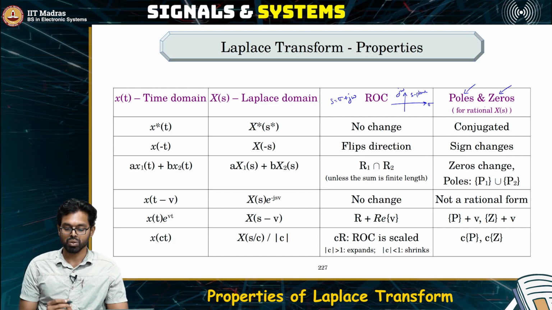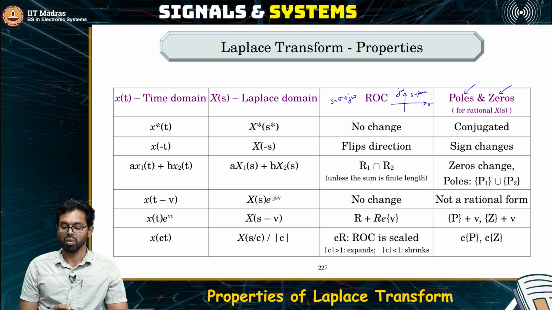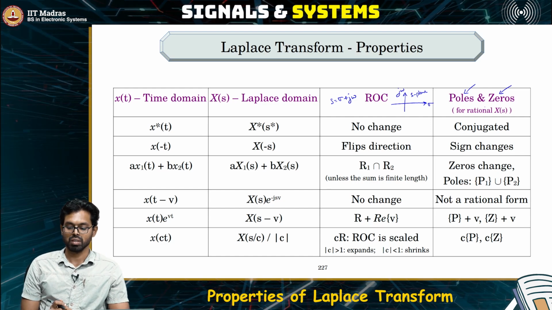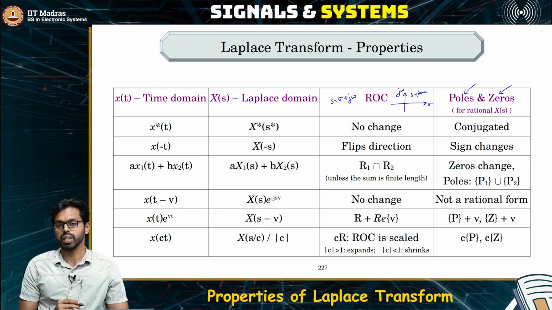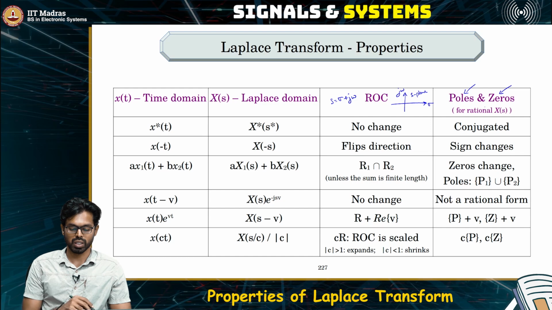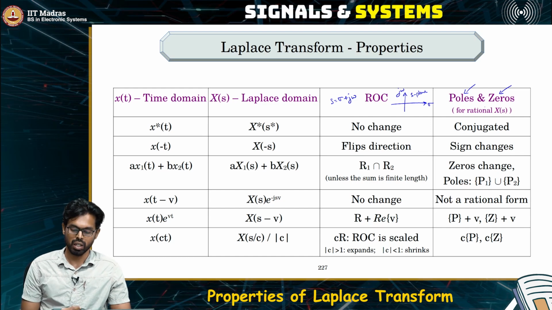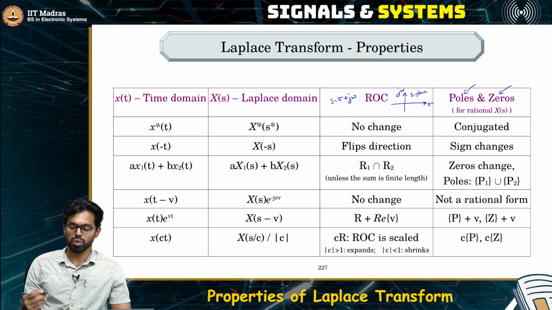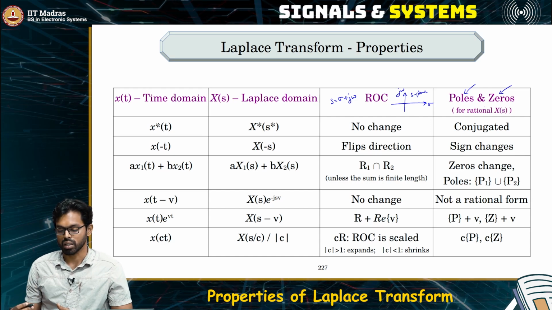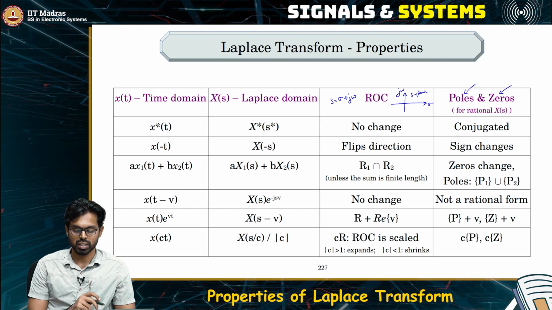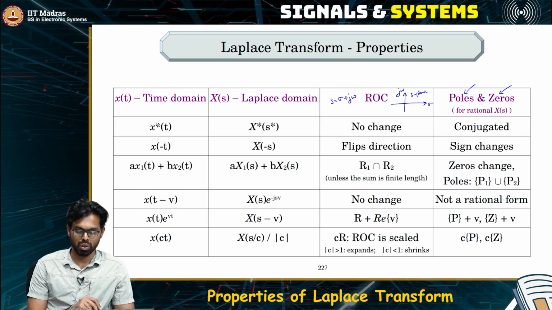Now what happens to the Laplace transform when we make certain changes? Let's see some properties of the Laplace transform. We also need to understand what happens to the poles and zeros when we make some changes to the time domain signal or to the Laplace transform of a signal. So the properties of the Laplace transform will now include both the changes that occur to the ROC and the pole zero plots. The first property that we'll see, just like in the case of the Fourier transform and the Fourier series,